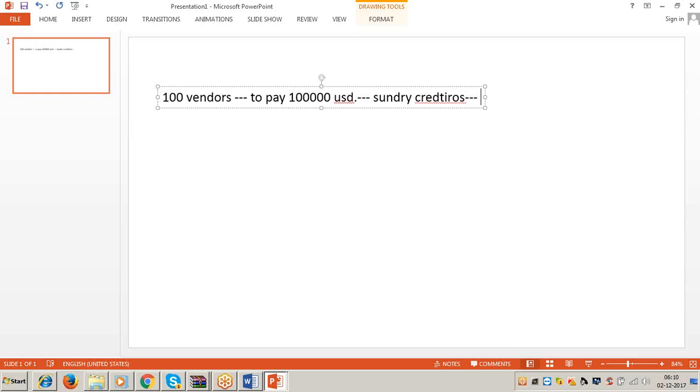And this is displayed on the liability side of the balance sheet. I hope till now it's clear. So today we are preparing balance sheet and we have total 100 vendors. So to all the 100 vendors, you have to pay $1 lakh. That is called sundry creditors. And the sundry creditors is displayed on the liability side of the balance sheet. Then out of these 100 vendors,